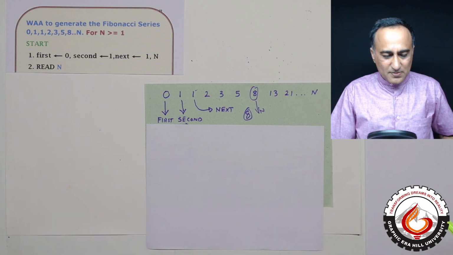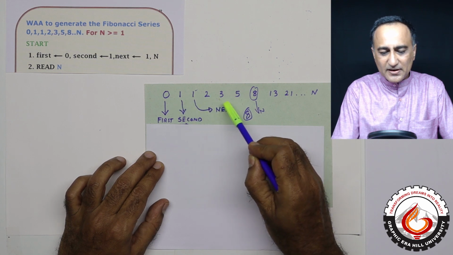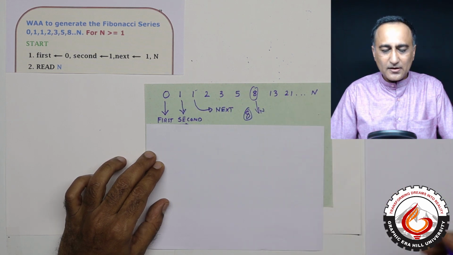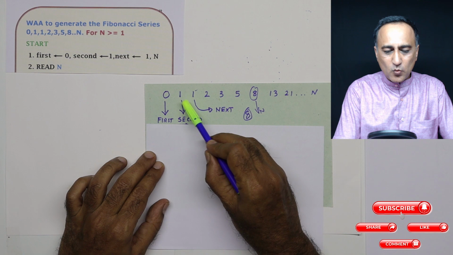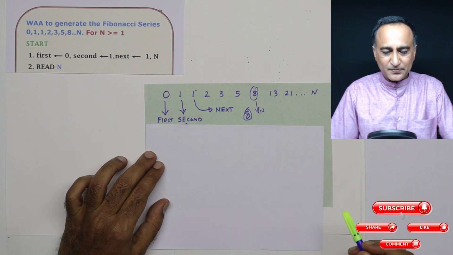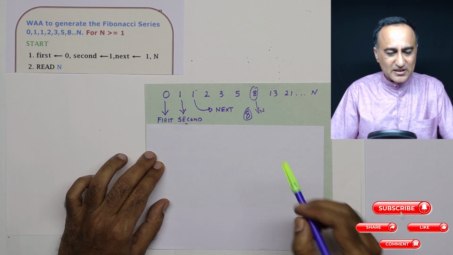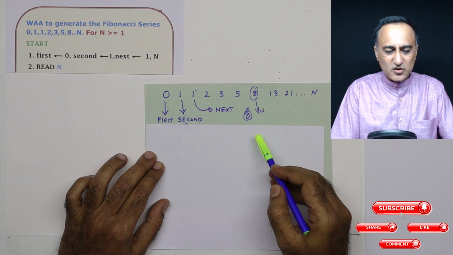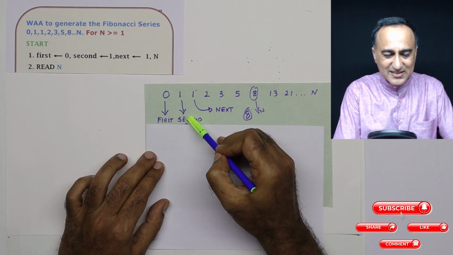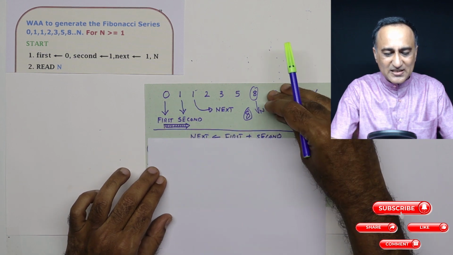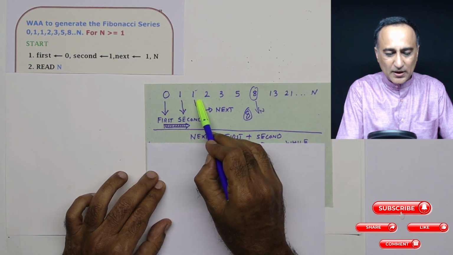Now what this algorithm is expecting us to do is, given this first and second, generate this particular pattern till the endpoint specified. So suppose n is just 8, I will be printing 0, 1, 1, 2, 3, 5 and 8. In order to generate this pattern, it is very important to first understand how this sequence is being generated. So I'll call this 0 the first number, this 1 the second number, and I'm calculating next as first plus second. So it is 0 plus 1 is 1.